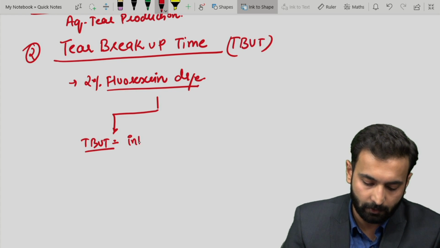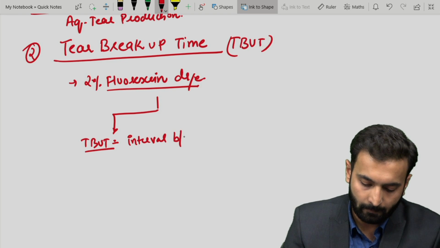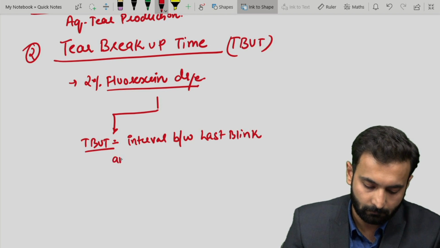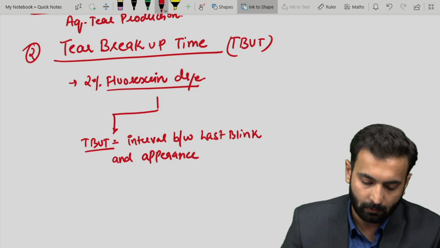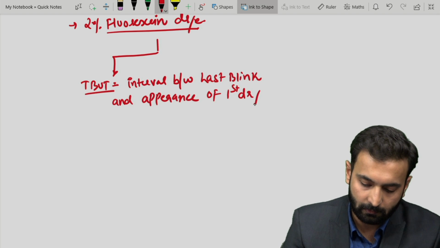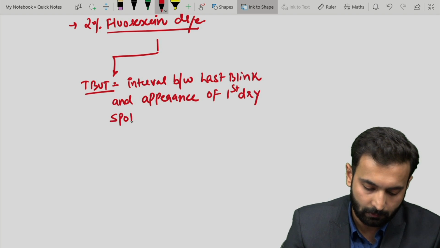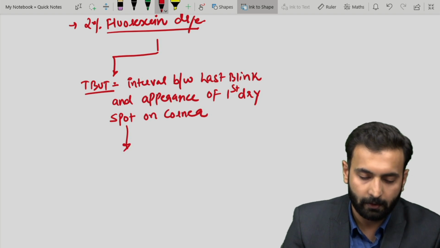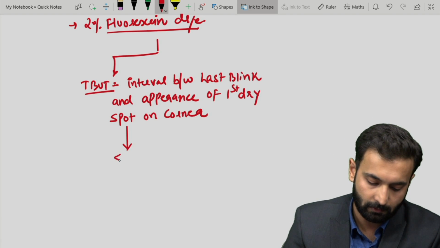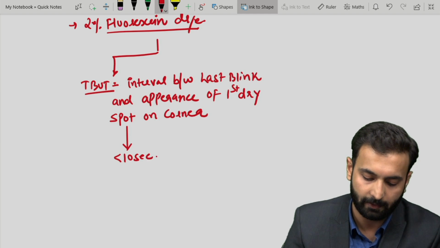So it is the interval between last blink and appearance of first dry spot on cornea, right. If this interval comes to be less than 10 seconds,